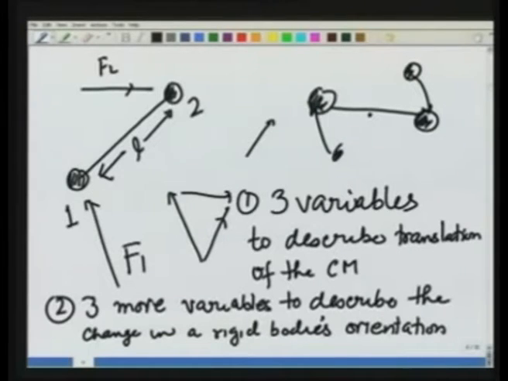You can think of these three variables to describe the change in a rigid body's orientation as three angles from three axes. So in general, what we learn is we need 6